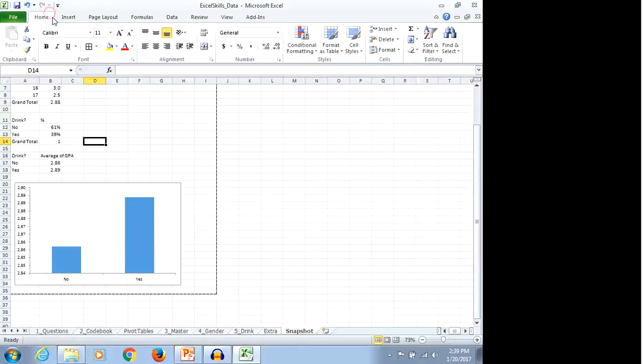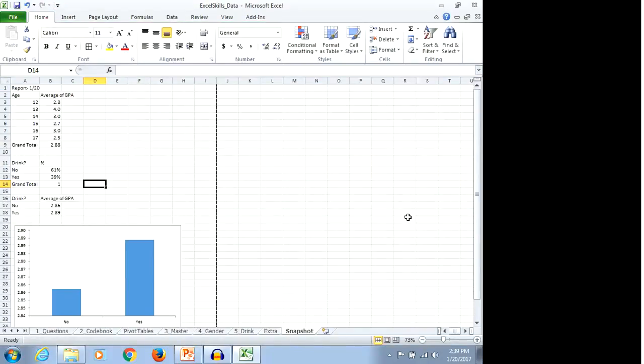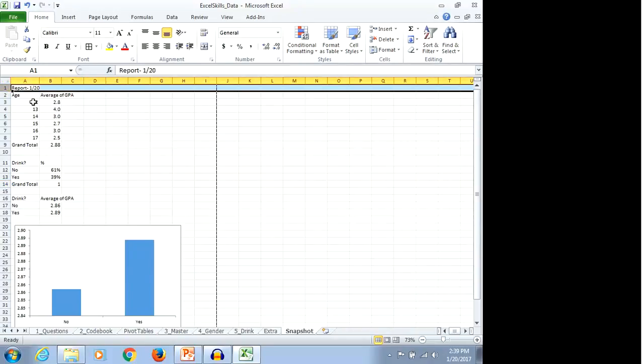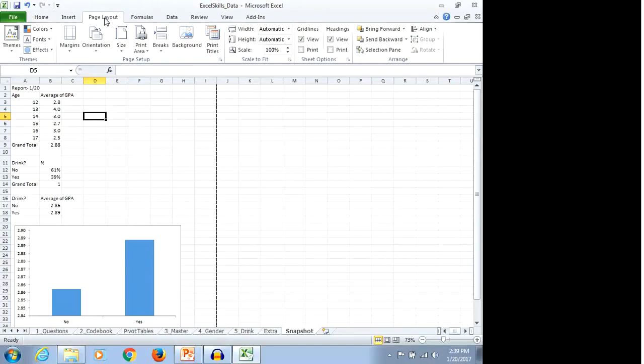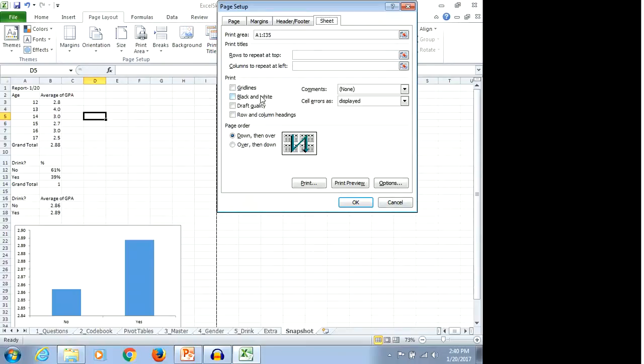And then I go to Home again. And let's say that you have a lot of data and it's going to go beyond 2 pages, right? Or beyond 1 page. So when you go to Page Layout and you have the Print Titles right there, if you click on it, it's going to tell you, let's say, rows to repeat at the top. So let's say you have all the raw data, you have 5 pages of raw data,